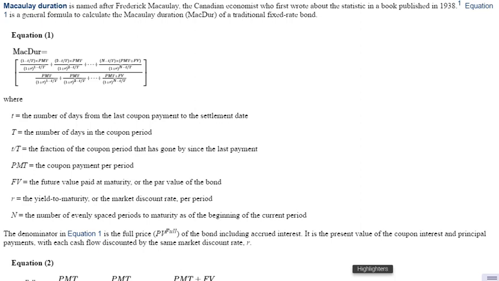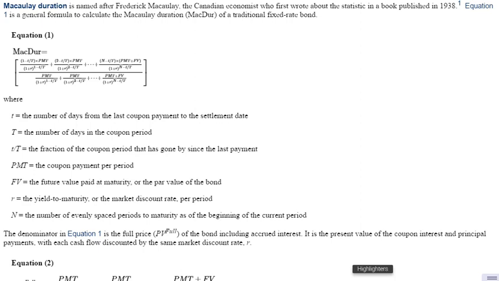I've got the formula here. In practice, I haven't seen a lot of practice questions where you have to calculate the Macaulay duration, but they start with it. The Macaulay duration is named after Frederick Macaulay, the Canadian economist, who first wrote about the statistic in a book published in 1938. So the equation is a general formula to calculate the Macaulay duration of a traditional fixed